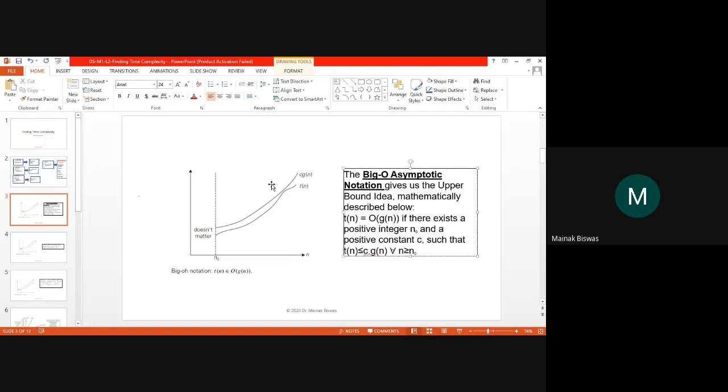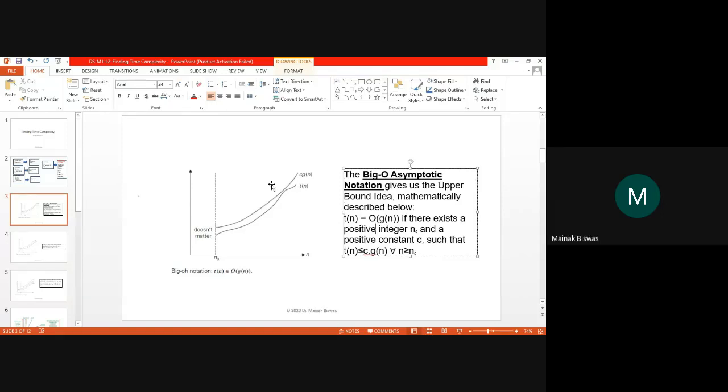Whenever you say it is less than n square, that means the highest time complexity is big O of n square, but your program will be lesser than that. You have not correctly quantified. Okay, we have correctly quantified it as lesser than n square. So big O represents the highest time complexity of your idea.